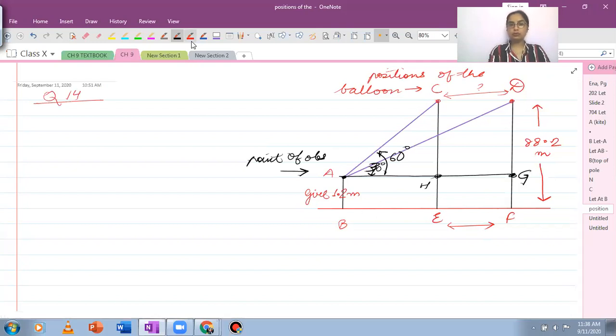We are going to use the values which are already given to us. So I have the height of the girl as 1.2. This distance will be equal to HE and GF. All these vertical distances, by symmetry, will be 1.2 meters each. And if this distance is 1.2 meters, can anyone tell me what will be the distance from point D to point G?